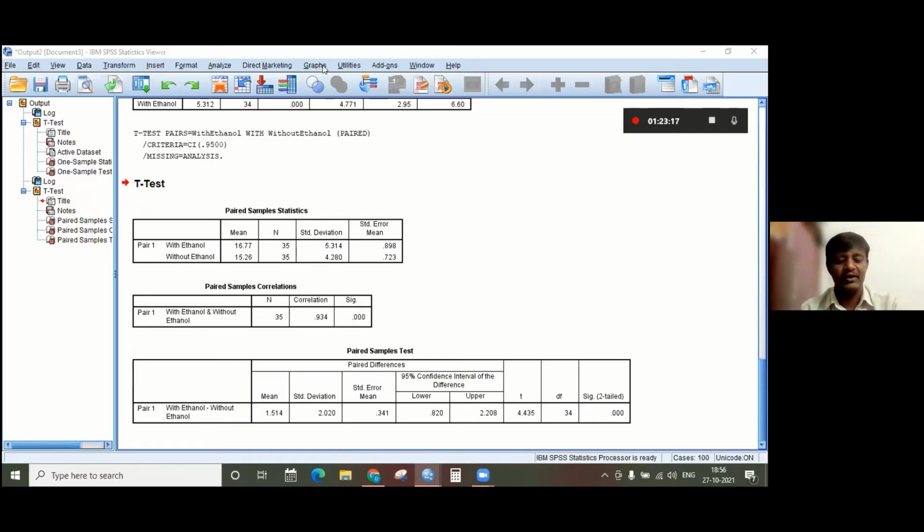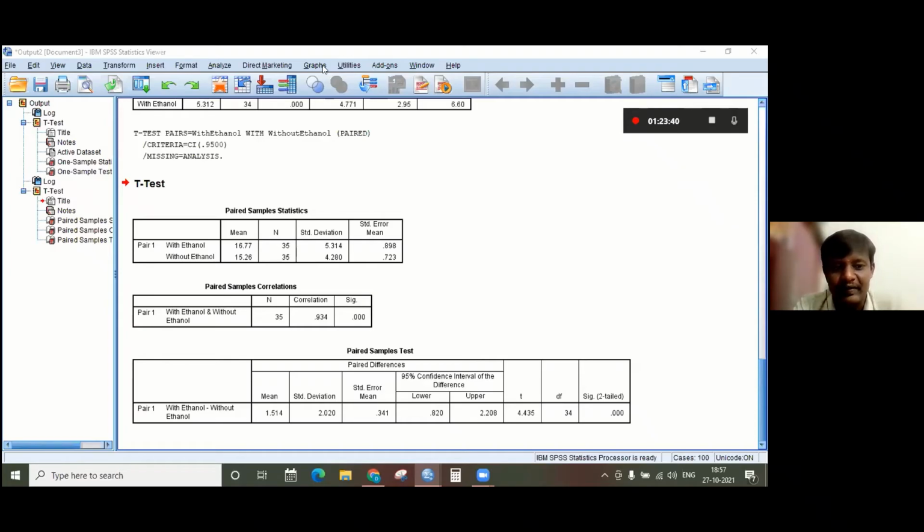So what can be our conclusion? Statistically, the result shows that there is no difference.